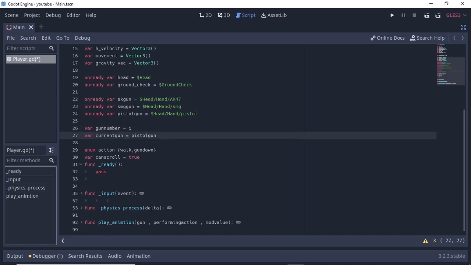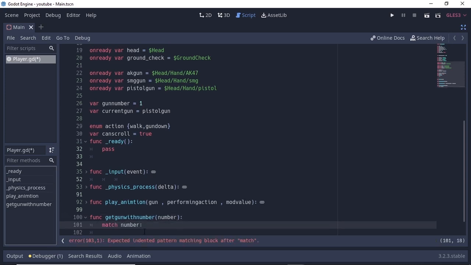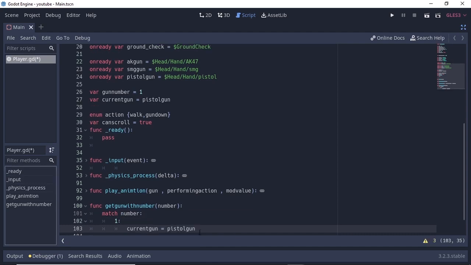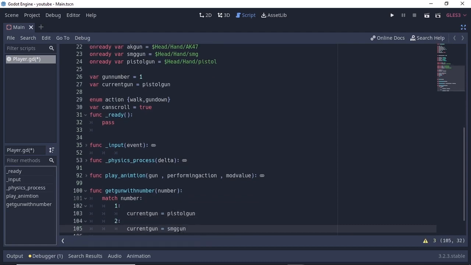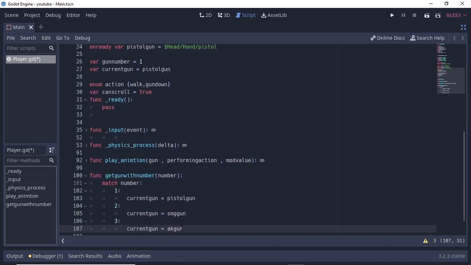So to create the function, write func get gun with number, and again here our parameter will be number. In the get gun with number function, write match number, which will check if our gun number is 1 or 2 or 3. So if our gun number is 1, then we will set our current gun to pistol. If our gun number is 2, then we will set our current gun to SMG. Next, if our gun number is 3, then we will set our